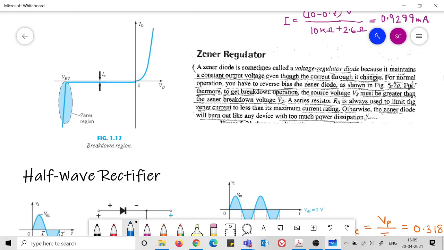When the voltage in the reverse bias is exceeded by some amount, then suddenly a large number of minority carriers appear within the diode, and due to this there is a huge current. As you can see in the picture on the left side, in this region there is a large current, and this is called the Zener region.